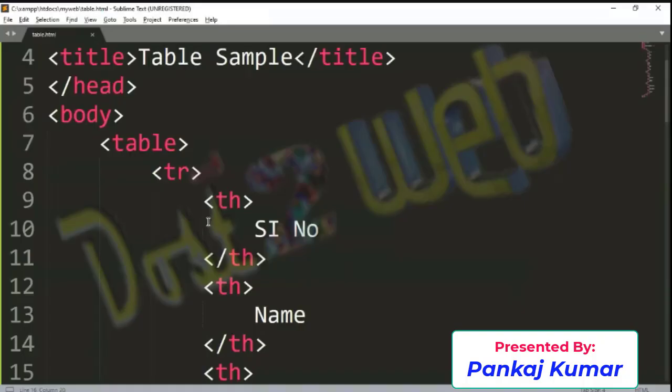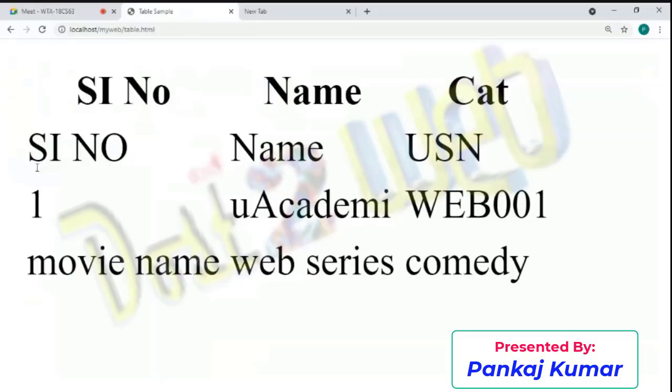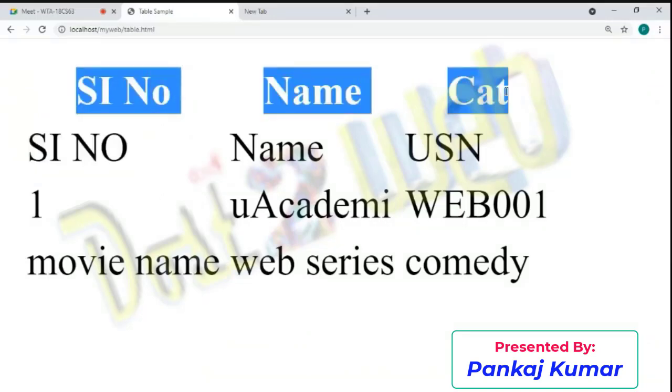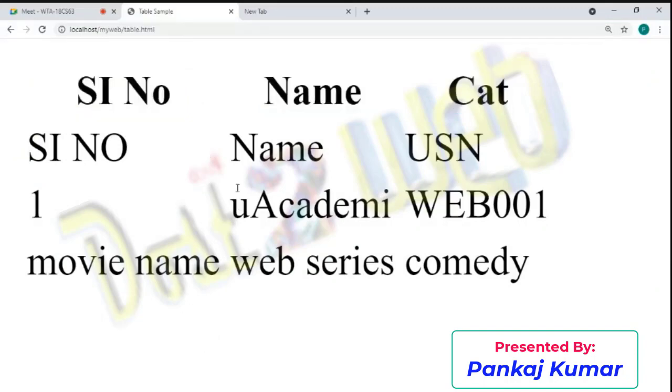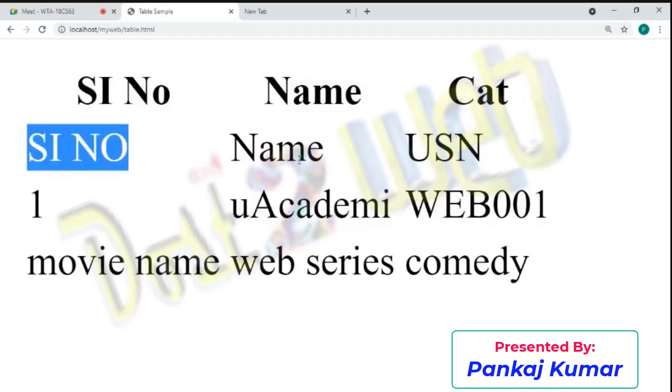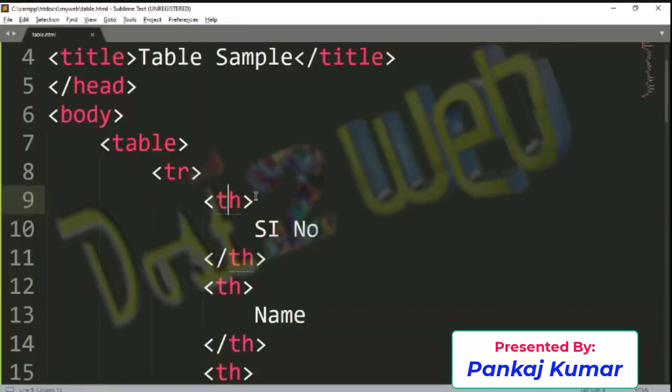So what you can do? You can use it anywhere. We are not going to change this title; the table header will be fixed, and the changes will be in the rows. Then you have to define the column span only in the rows. Row span will come in a row, and column span will come in a column.